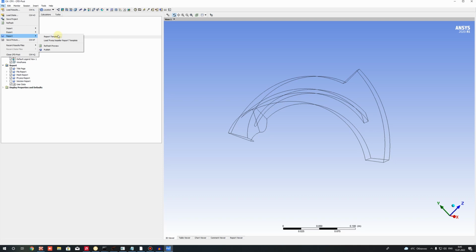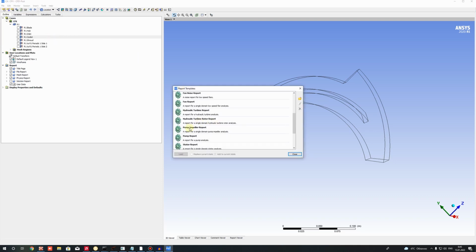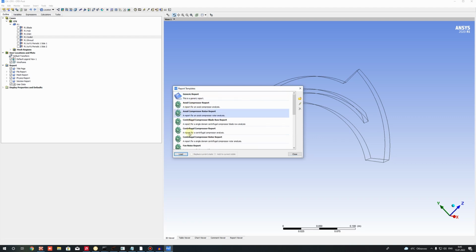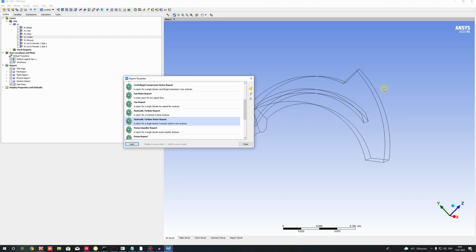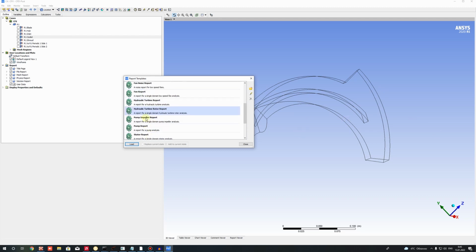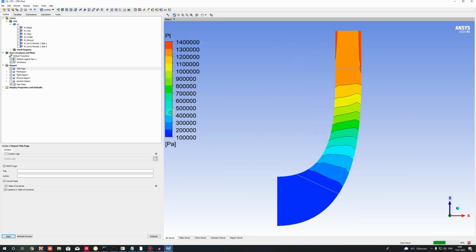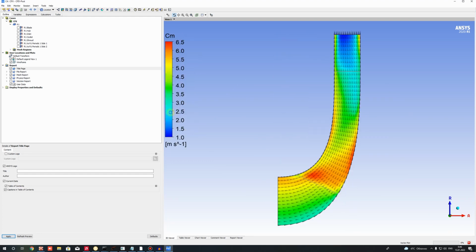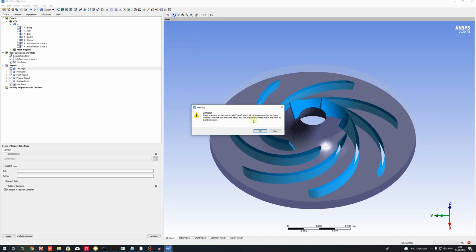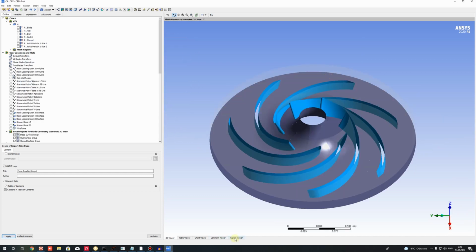We can choose the report templates, and here we have different templates for analysis of the pictures and fluid flow through the domain and others. And here we have the pump impeller, just click the pump impeller report and click load this report, and ANSYS automatically generates these fluid parameters, and click OK, and we can go to report viewer